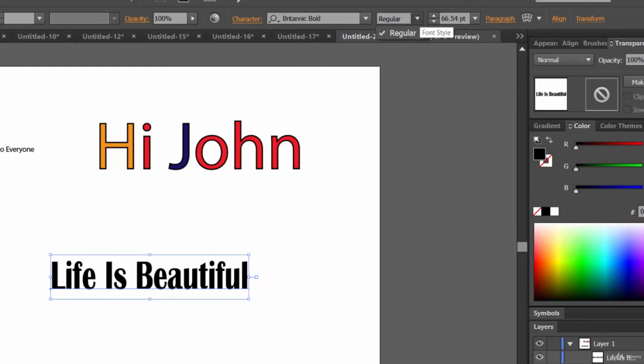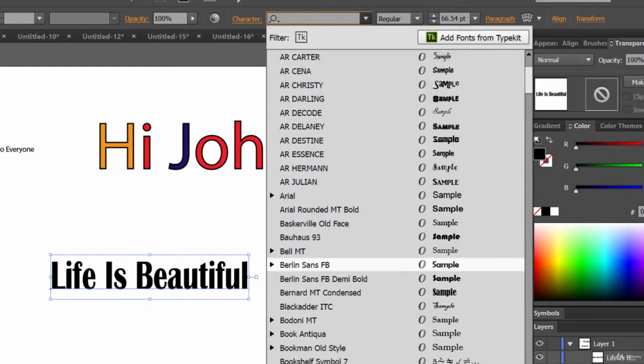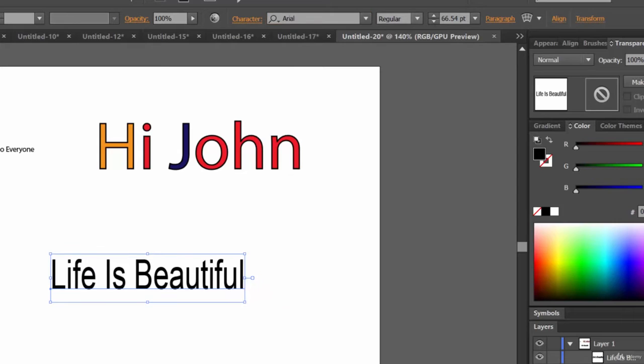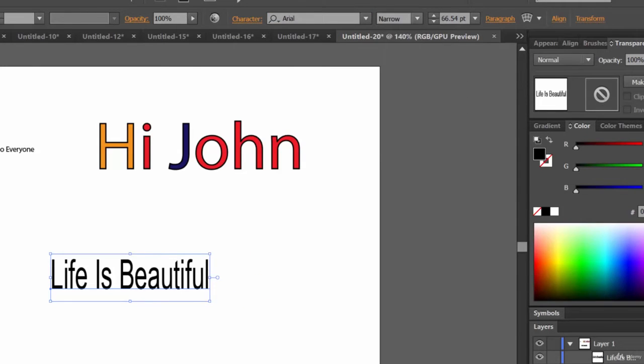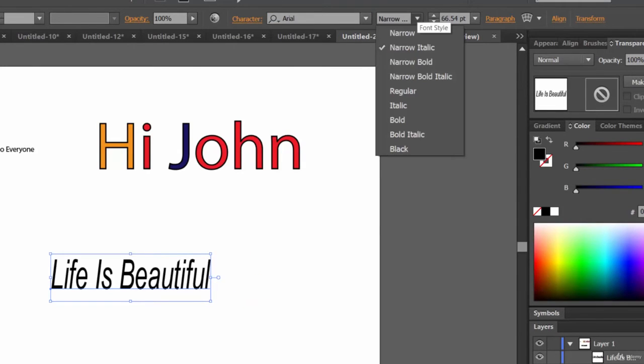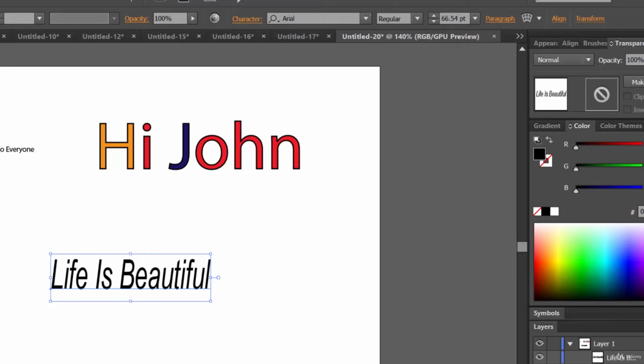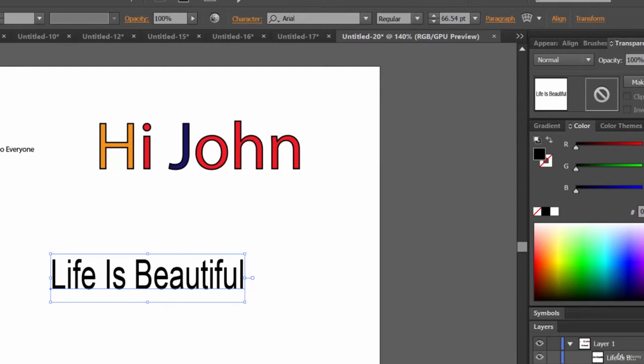Here you can change the font weight. Let's select something else, Arial. You can make it narrow, italic. Now what are the options that you see here? It depends on the font family which you are selecting. Okay, now here